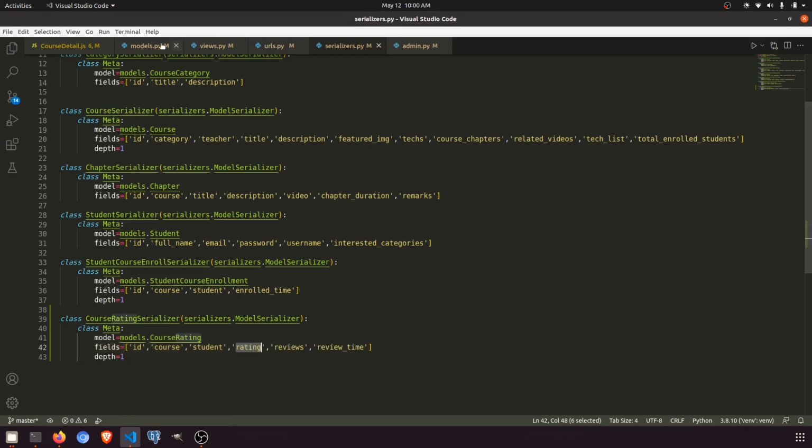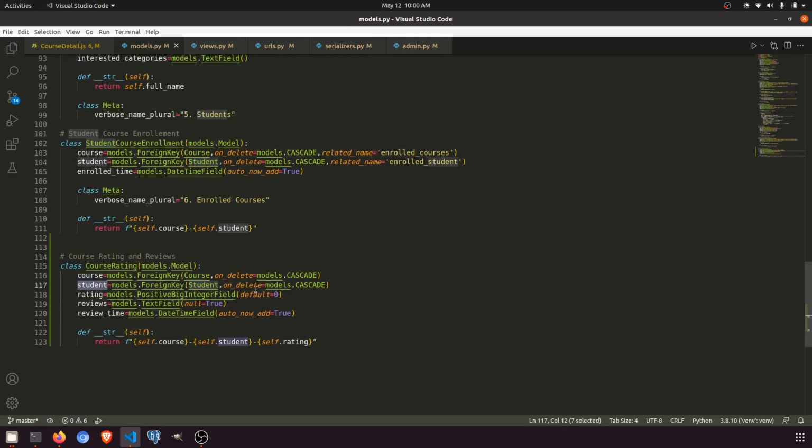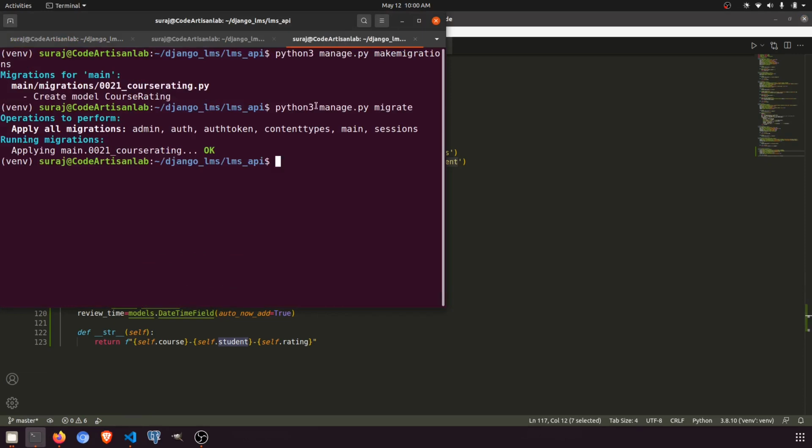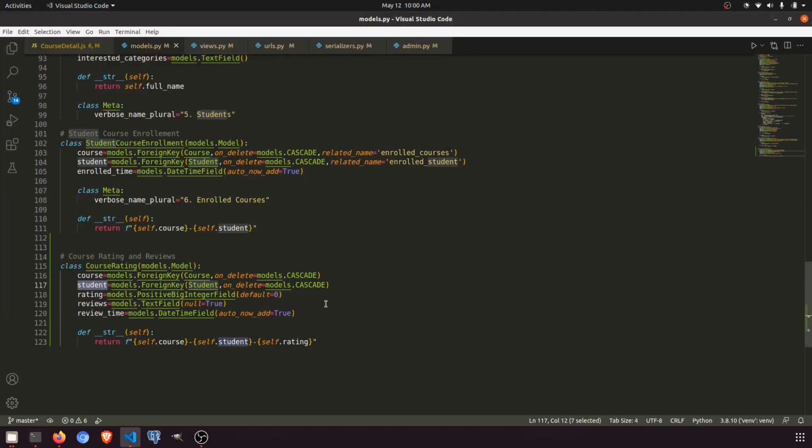So the model, we have this model foreign key, yeah, everything is okay, but why is this not showing? Okay, we'll see. One thing more, we need to remove the related name, so I will make migration again. Oh, no changes, it means related name is not working in the migration. Okay, so